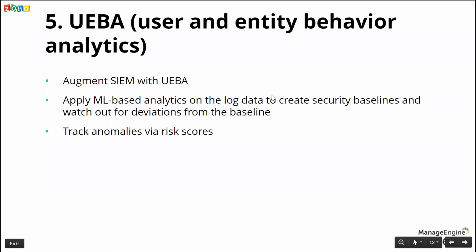what we call UEBA, which uses machine learning based techniques on the log data that has been collected already to form security baselines and subsequently watch out for deviations from these baselines, what we call anomalies. And you can proactively track these anomalies in the network. And this becomes really a very, very crucial tool in your threat hunting